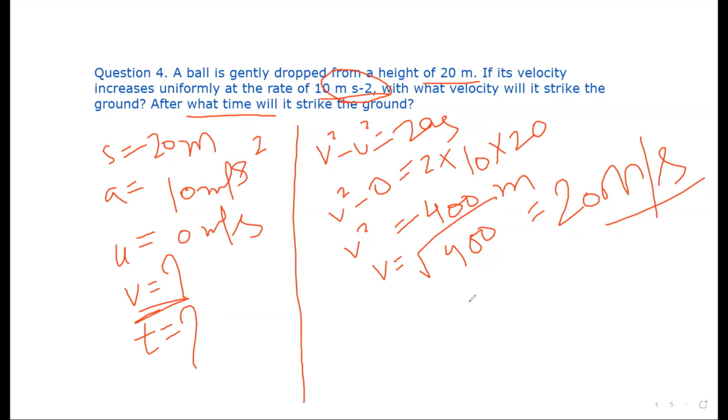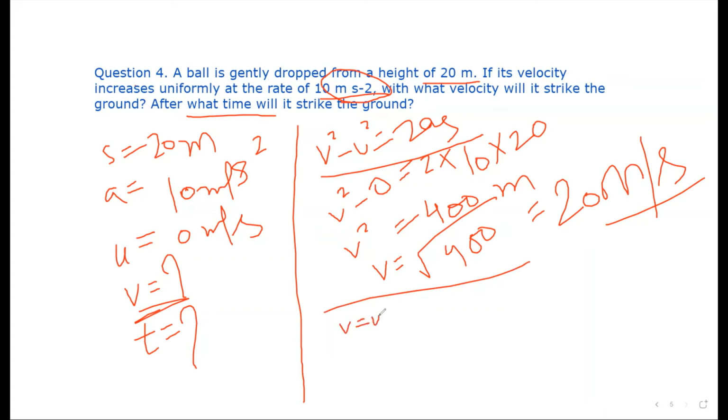One part is also left. Now time. Now for time, we have everything. Now it's up to you. We can use any equation in which time is given. The third equation I'm not using, because the third equation has no t. So use either the first equation or the second equation. Any equation you use, you will get the same answer. But I'm going to use the first equation here.